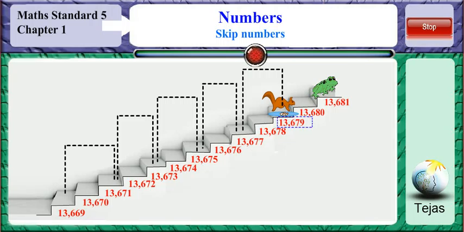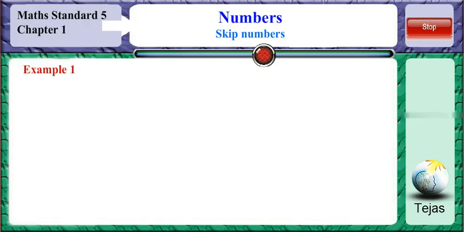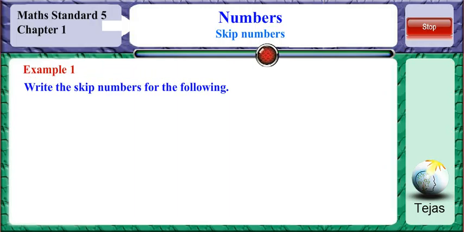So the step on which the frog jumps makes skip numbers of 3 and the steps on which the squirrel jumps make skip numbers of 2. Let us look at one more example. Write the skip numbers for the following: